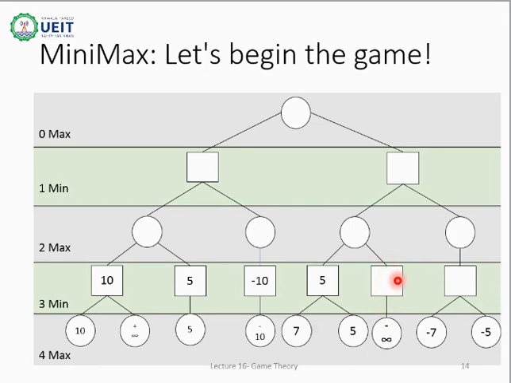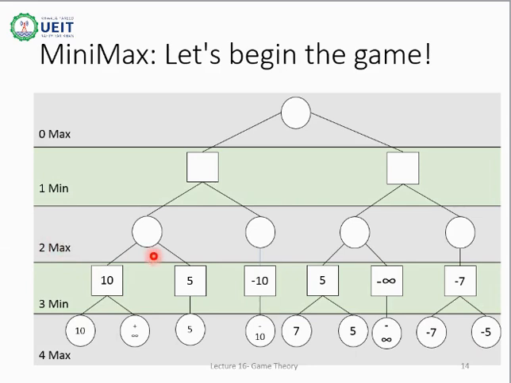This node has only one successor, which is negative infinity, thus it will get passed as it is to the parent node. And out of these two, the smaller one, the minimum one, will be passed, which is minus 7. We will choose minimum values from the utility function. Now that we have chosen minimum values, we will move one level up, which is of max.